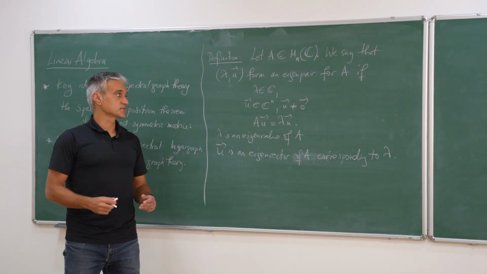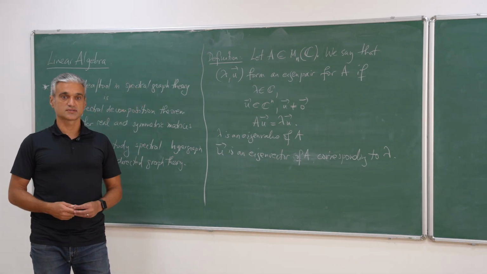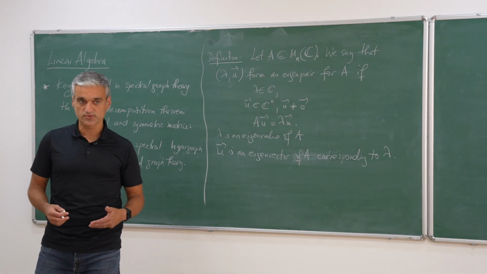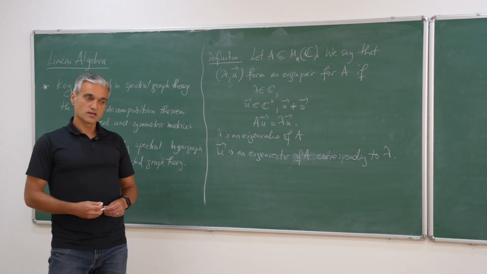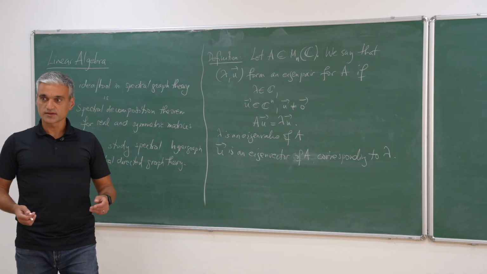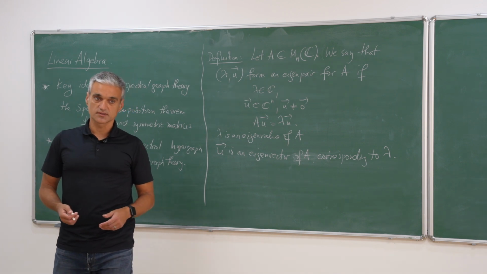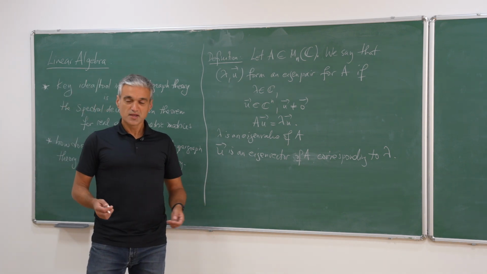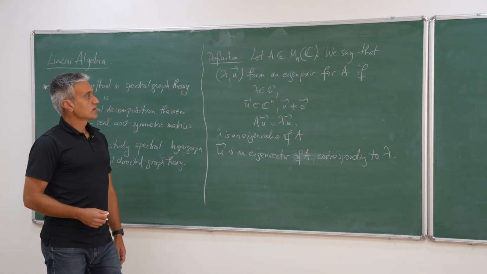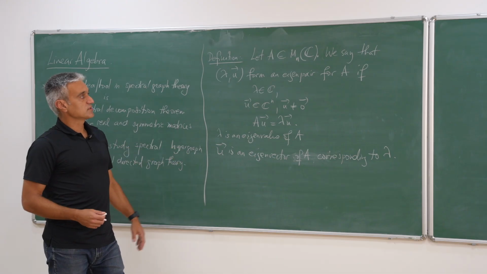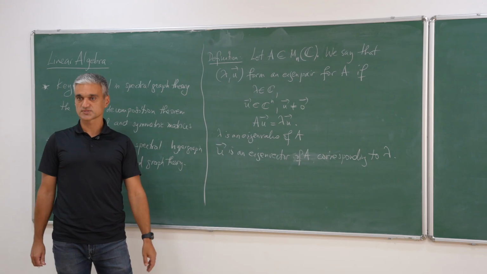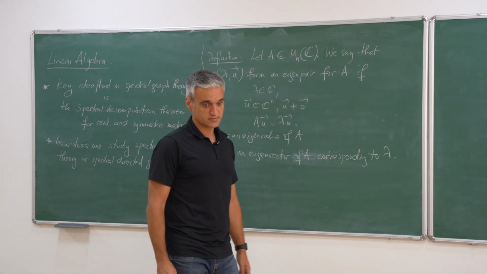Now, eigenvalues, eigenvectors, I'm not going to go into a discussion. If you want to know the deeper meanings of things, these days everybody is looking quickly for conceptual meaning. You can go on YouTube, but not now, later. There are many videos. 3Blue1Brown has very nice videos about the meaning of eigenvalue and eigenvector, and so on. Now, again, in spectral graph theory, we're going to have graphs, we're going to have matrices. Matrices are going to have eigenvalues, eigenvectors, and we're going to try to study them this week. Okay, so this is basic stuff.